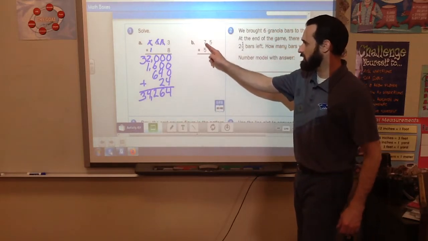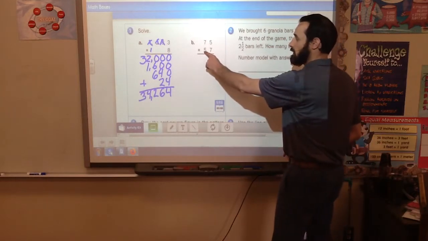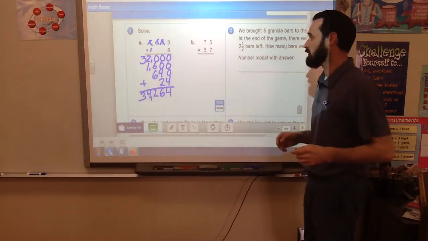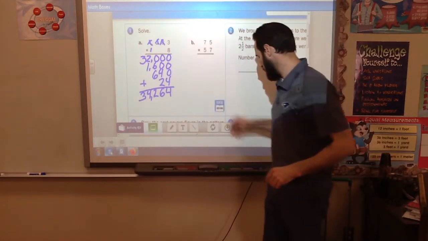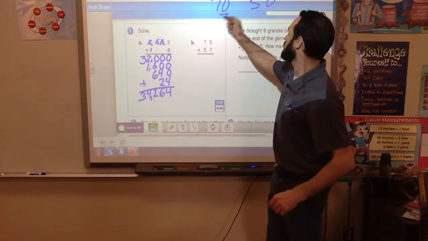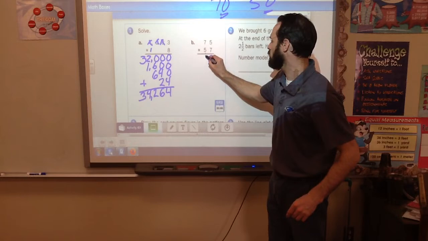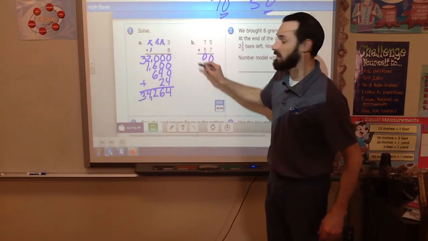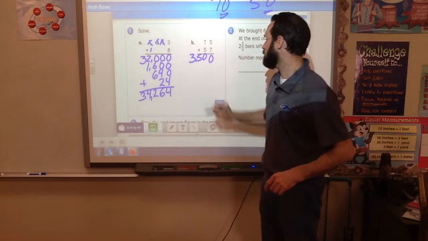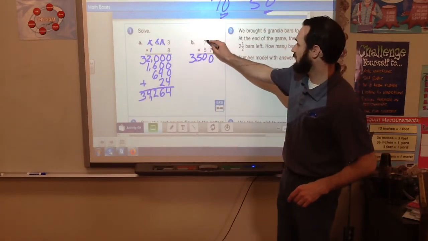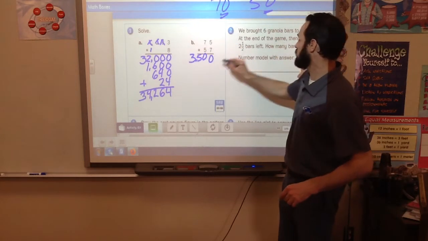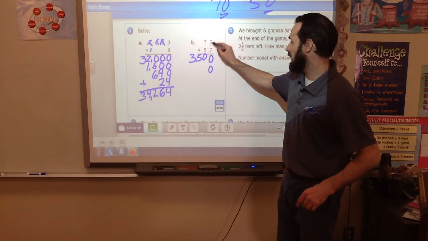Now this one is the one where we have to remember all of our steps. That we do 10s times 10, so we're always working off this bottom number. 50 times 70, 50 times 5. That's the best way to do that. So we're going to start with 50 times 70. If we had a 70 and a 50, you can see that there are 2 zeros. So I'm going to put my 2 zeros down. And 5 times 7 is 35. I did 50 times 70, now I'm going to do 50 times 5. There's going to be 1 zero again from that 50, and 5 times 5 is